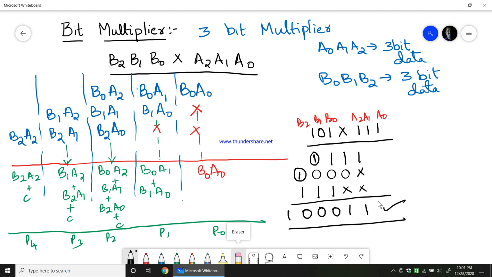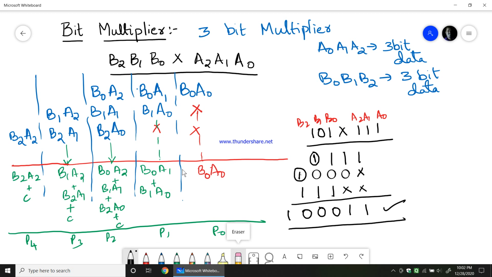So this is how we do the 3-bit multiplier, or bit multiplier design. Okay. So if any other bit width, like a 4-bit value, is given, you take all 4 bits of A with B0 first, then all 4 bits of A with B1, then all 4 bits of A with B2, and all 4 bits of A with B3 if it is 4-bit. And then you keep on adding the successive values and finally you get the result.